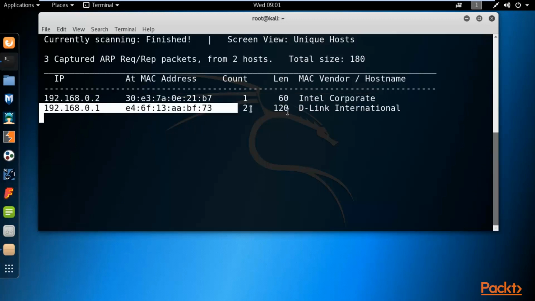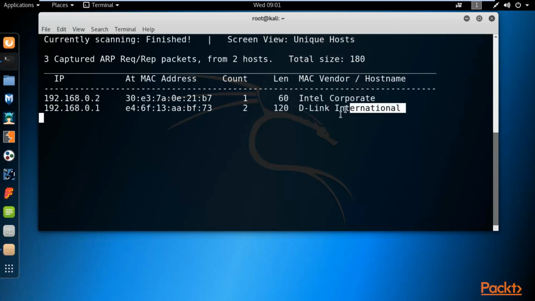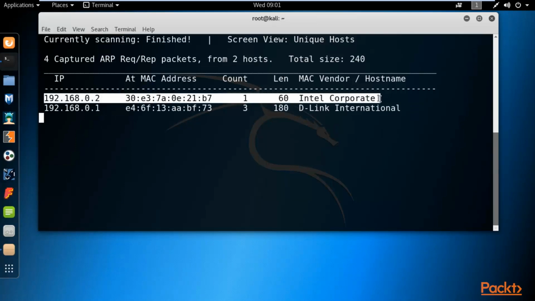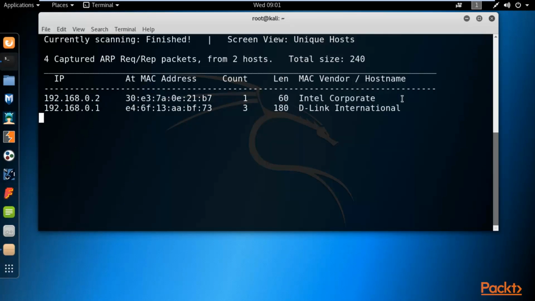And what is this? This is your router, D-Link, because I am using my home router, which is a D-Link. You can see here it is showing me information about my router: this is my router IP address and this is my vendor, D-Link, and this is my main Windows operating system. Okay, so this is all about the IP scanning process, how you can scan the IP addresses available in your network.